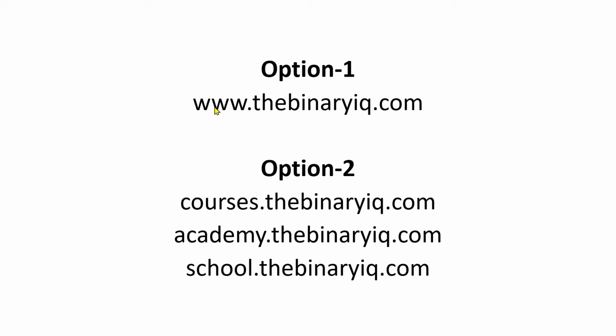The settings will only change here. If you want to point to your main website, you'll have to use a www. If you have to point to whatever subdomain of your main website you want, you have to add that instead. So instead of www, you can add a courses or an academy or a school, and we'll make the other changes as the time comes. So these are the two options available for you. The settings will almost remain the same, except of course this part, www or the courses part. So let's quickly change that.